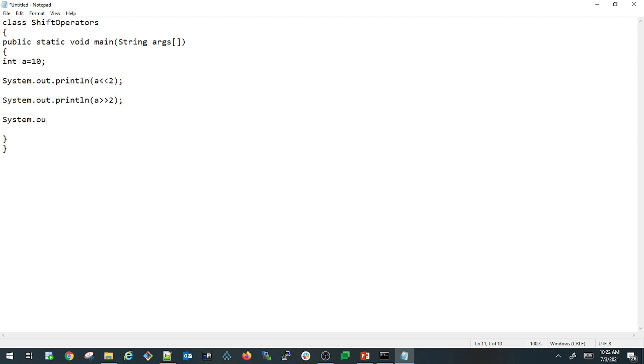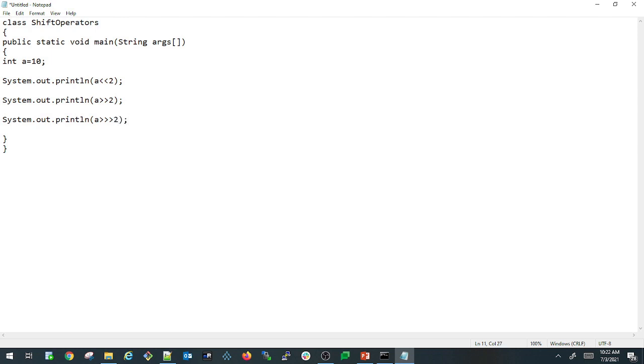Ideally you won't see any difference if you perform a zero filled right shift on a positive number. It's basically the same as the right shift operator. Println a, three greater than symbols we need to give for zero filled right shift.